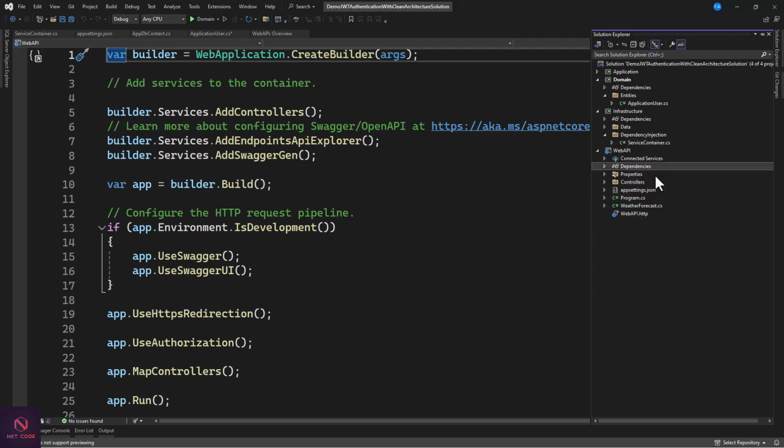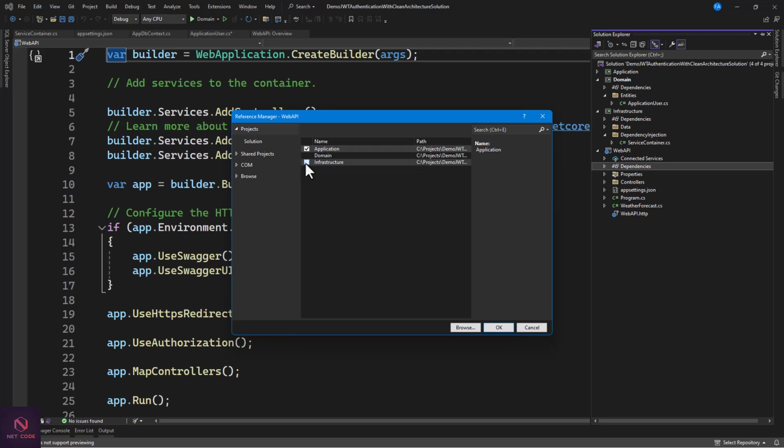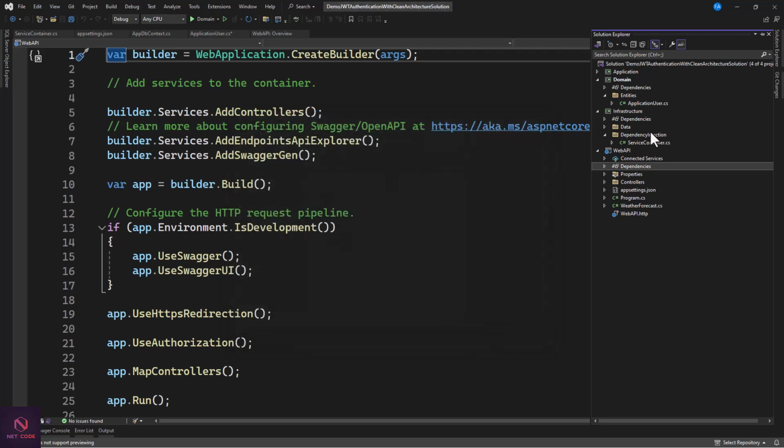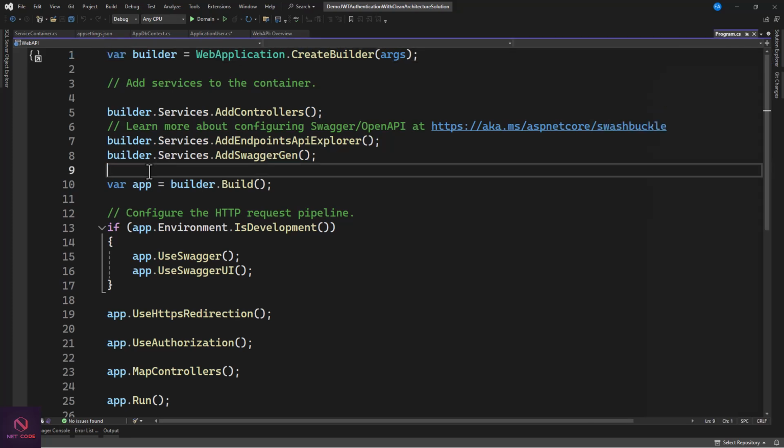Dependency is going to add project reference, and we're going to add the infrastructure in here. And now with the infrastructure, the session that we're going to inject here is only for this service that we created. So here we're going to say